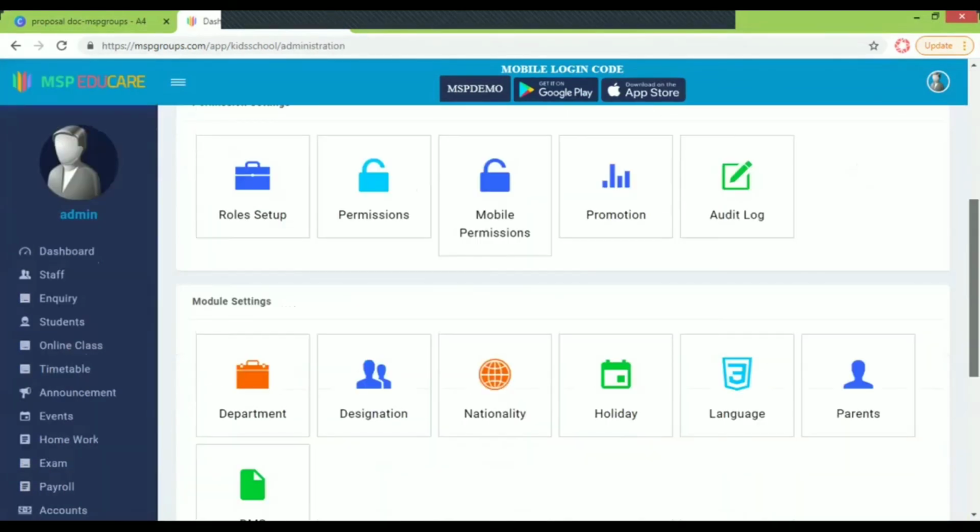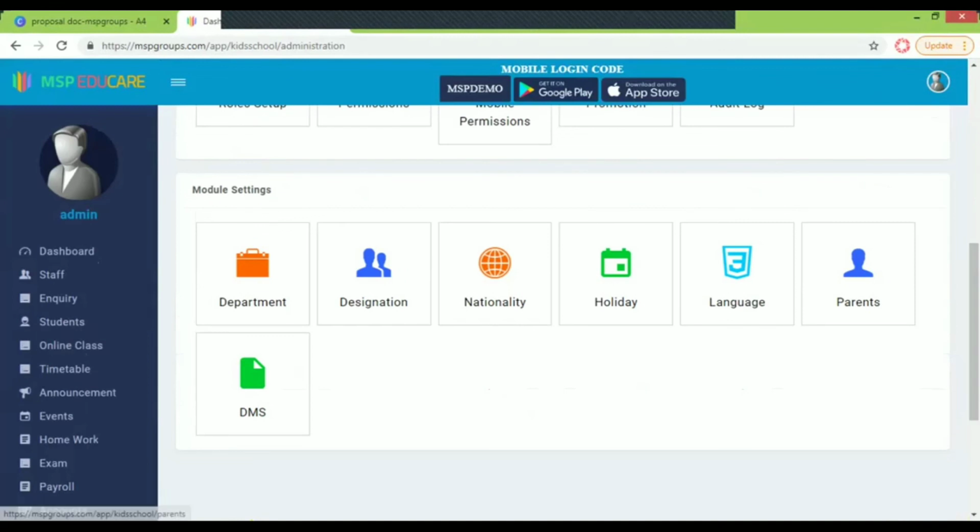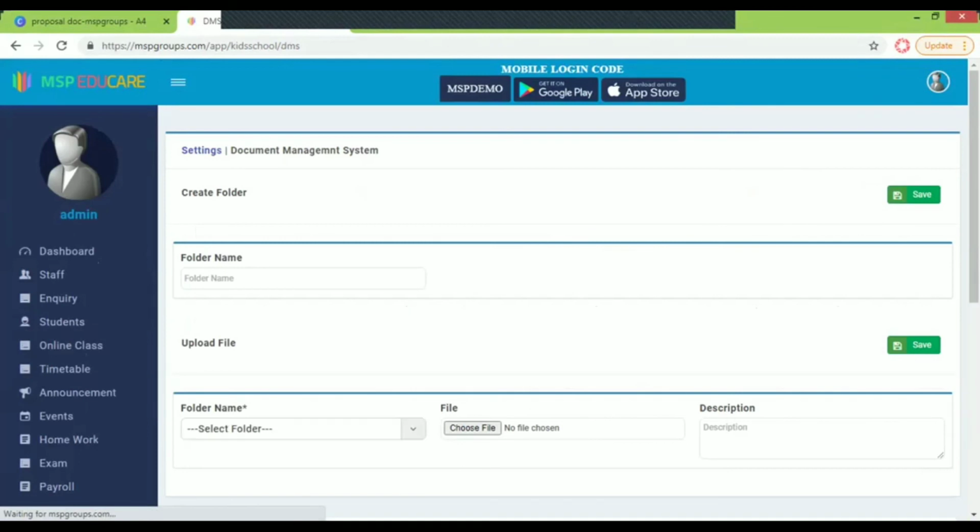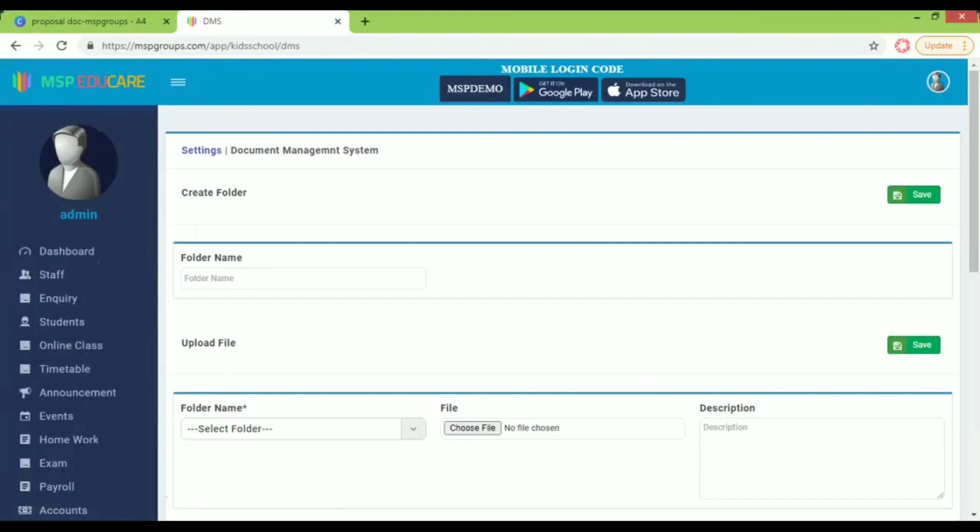So parents' details can be seen in the parents, and then the DMS. DMS is nothing but the document management system. In a particular school, we have multiple documents which have to be kept in a separate folder. So those details, we can name it or file it and keep it over here.